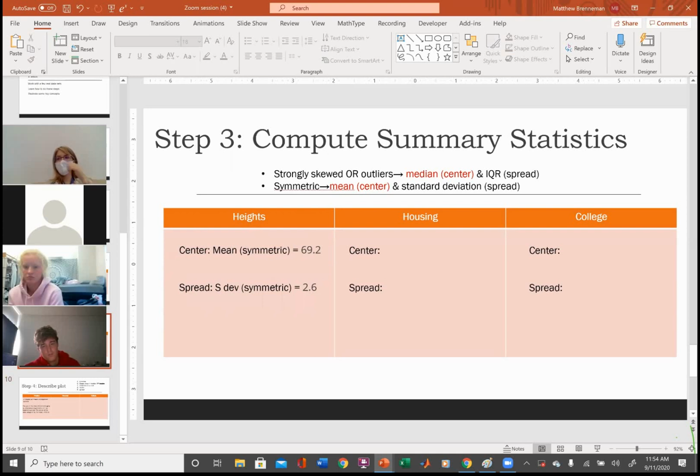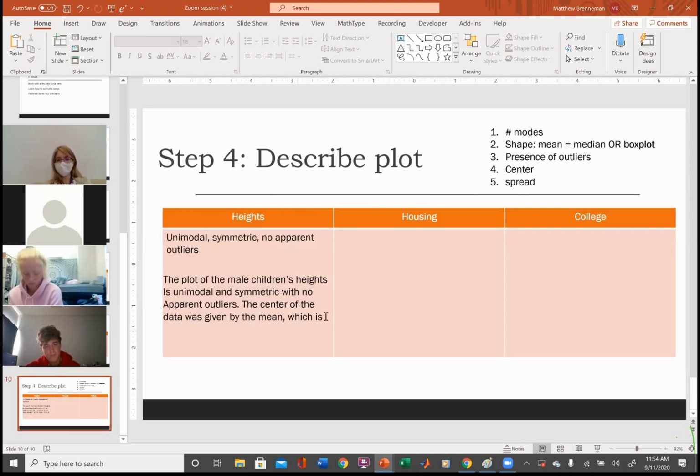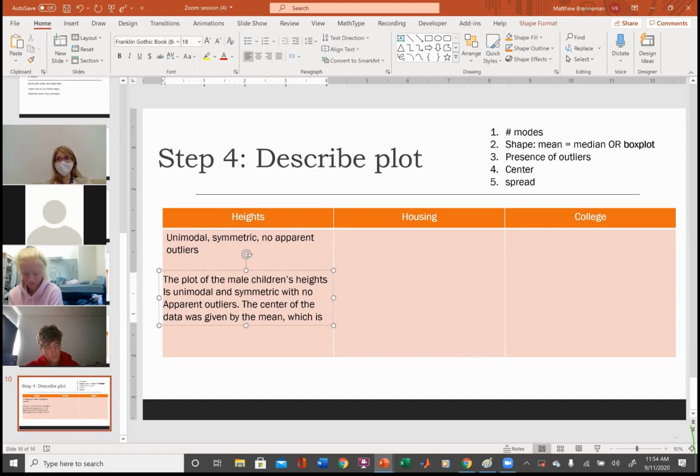Yep, 69.2. Always a good idea to give units, okay? If you're talking to someone who's European, they're going to think it's weird, right? And the width is given by the standard deviation, which is 2.6 inches.